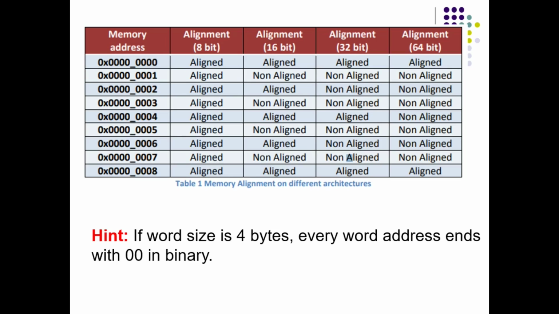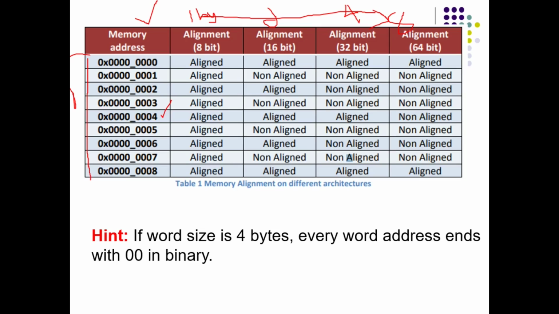Here he has given a table where on one side we have addresses. They are continuous, but whatever. On the other side he has compared different CPUs or processors with different word sizes. See, 8-bit means word size is 1 byte only; 1 byte itself is one word. Here the word size is 2 bytes, here 4 bytes, and here 8 bytes. And this is just a table element. So look at the address, pick any address, look at the word length and say whether it is aligned or not aligned, if this address is the address of the beginning byte of the word, or word address.